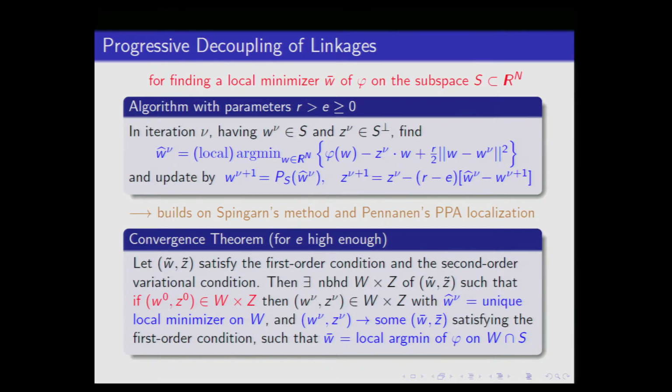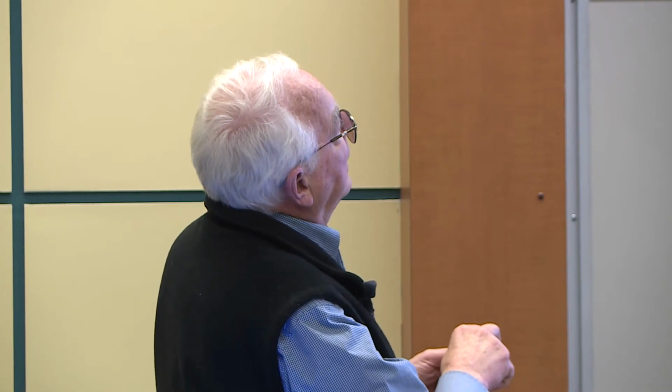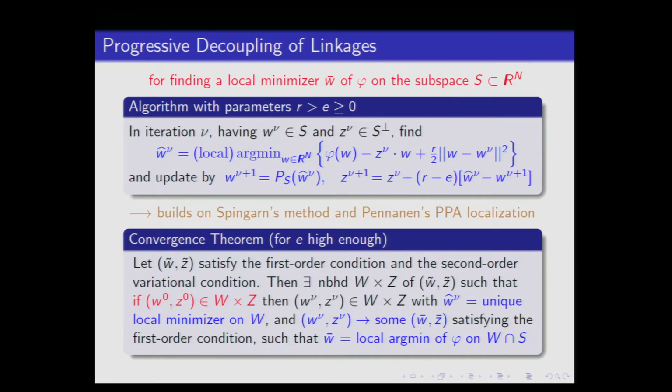And this is the only place that the elicitation parameter comes in here. It looks like a relaxation of a Lagrangian, augmented Lagrangian update. And it should be high enough. So what does high enough mean? Well, I'm thinking that high in the sense of that second order sufficient condition being satisfied, the variational condition. And then what's the convergence? Okay, now this is, again, it's not too hard to understand, but it's a little complicated to know exactly how you would implement it.